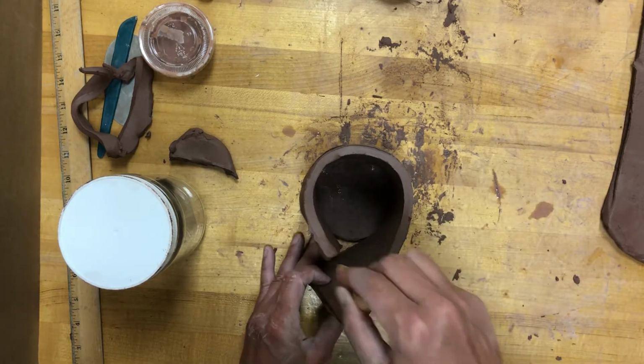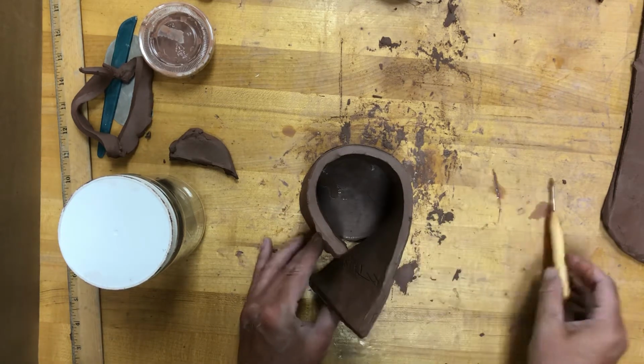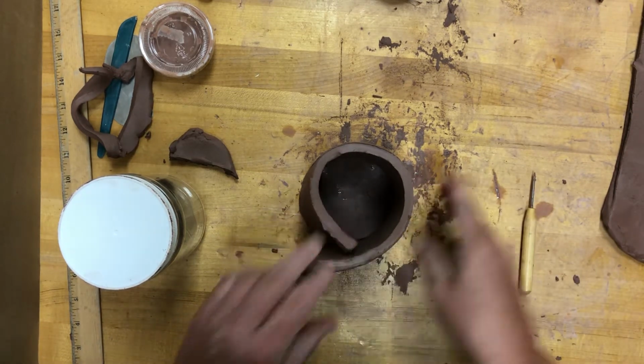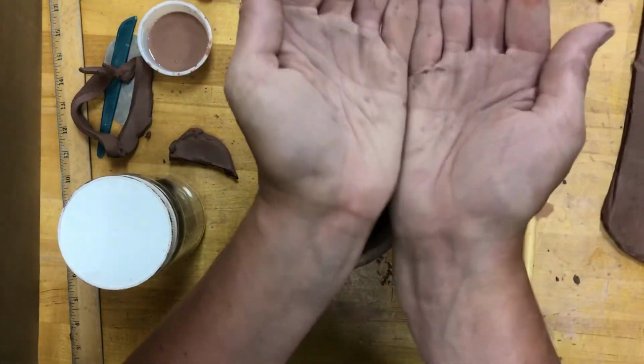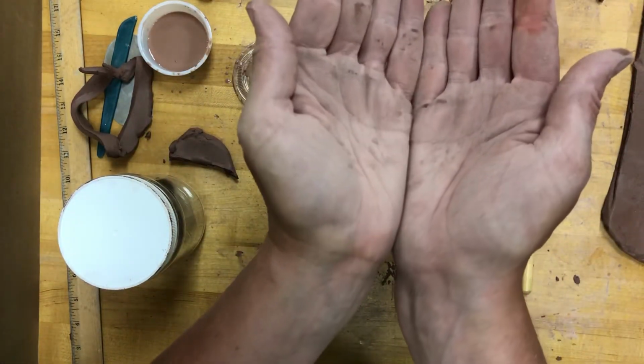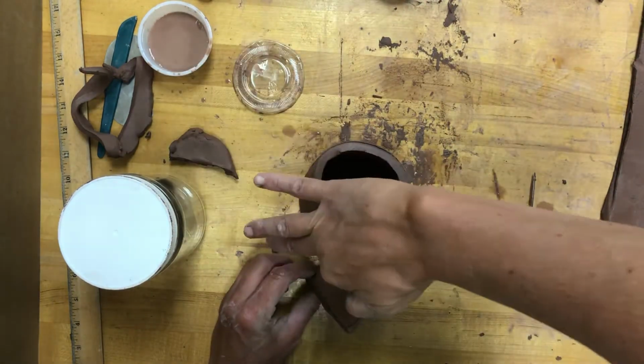If it's too wobbly, you can let it dry out a little bit. So I'm going to scratch both sides here and attach it. I like to overlap a little bit so that the seam is a little bit more secure. If you just butt up the two ends, it's sometimes a little bit harder to get it secure and waterproof. So I like to overlap them just a little bit before I attach them together,